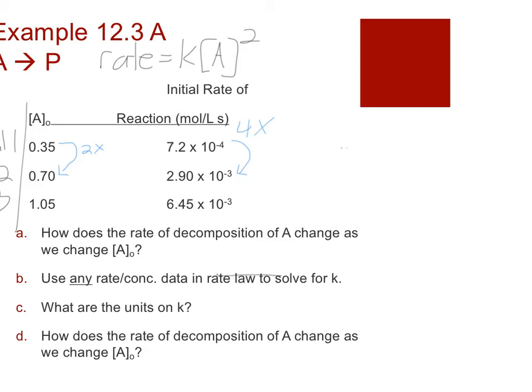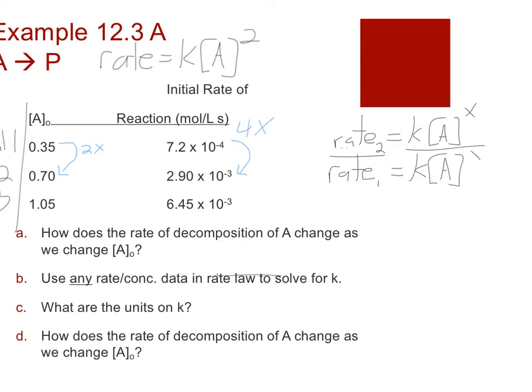But if we just said, okay, the rate of trial 2 is equal to k A, and we do not know the order, so we'll call that x. We're going to make a comparison to the rate of number 1, k, and it's the same order, A to the x. They will have the same exponent. Now the numbers changed, and you'll notice that the k's